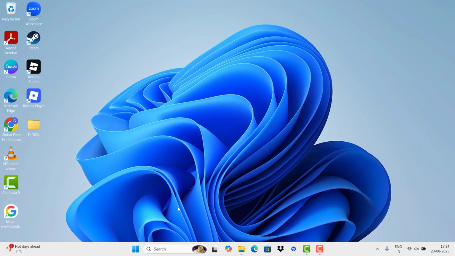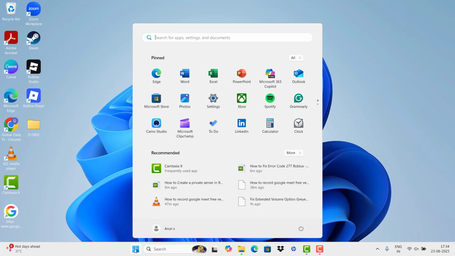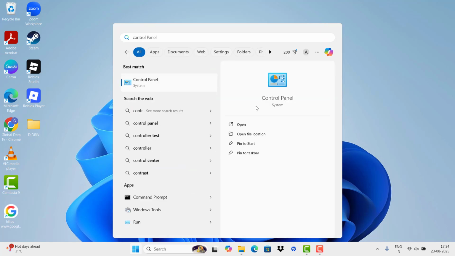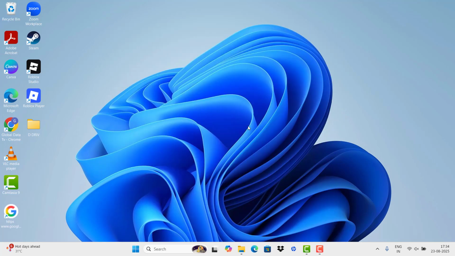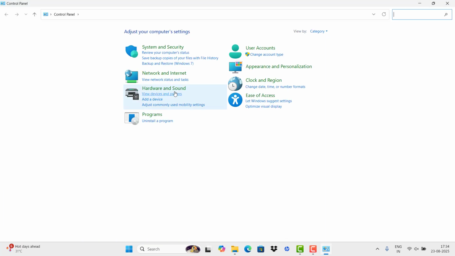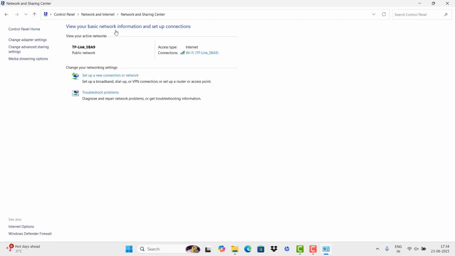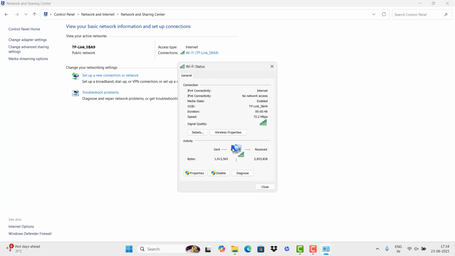And our fourth step is to enter the Control Panel, open it, click Network and Internet, and then Network and Sharing Center, then your network properties,